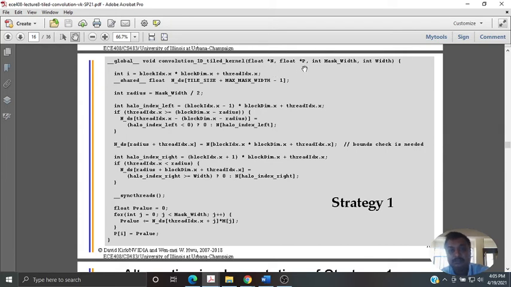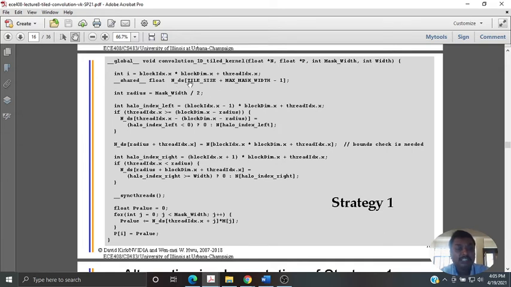So n is the input, p is the output vector, mask width is the mask width, and the tile width is the width that is catered. How do you compute an index with respect to C as such? So block idx, block dimension, thread idx are with respect to CUDA. They are treating with respect to particular block access as such. A global index is int i. That's how it is computed: block idx dot x into block dimension dot x, so the individual element within that particular block is idx.